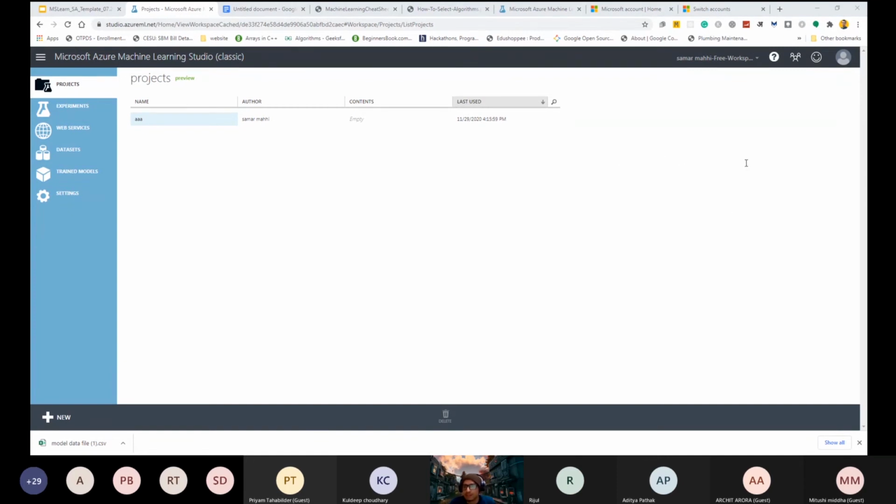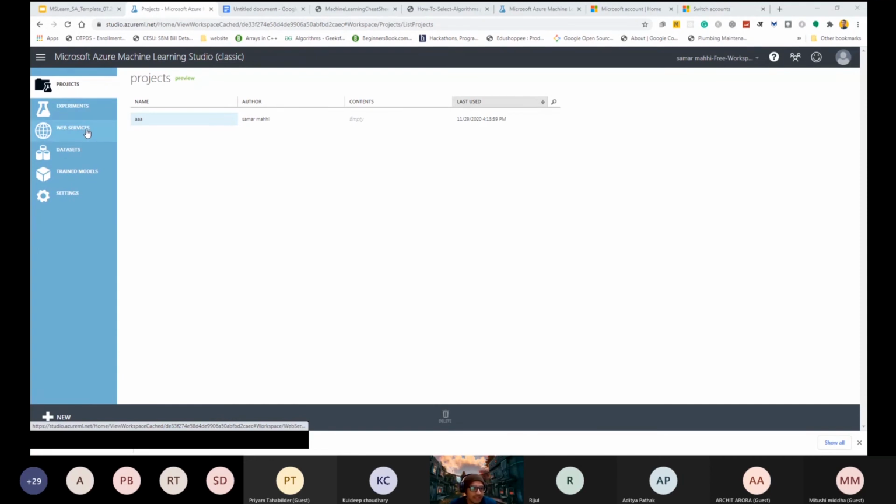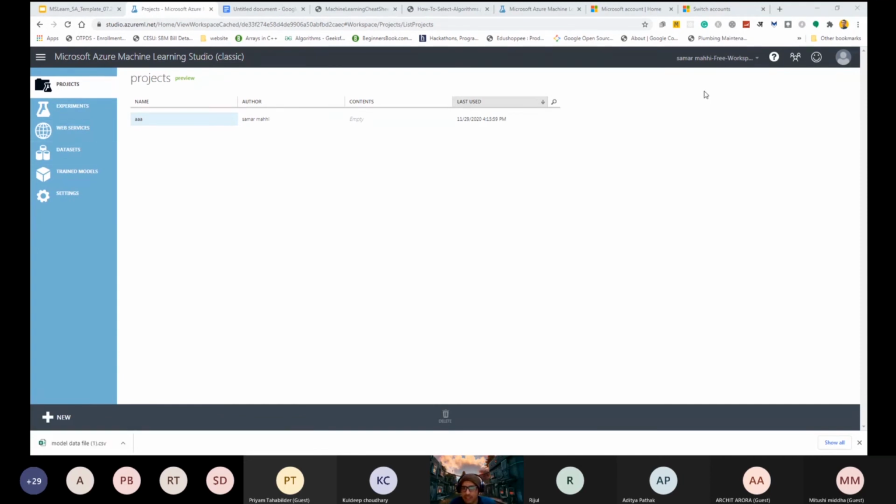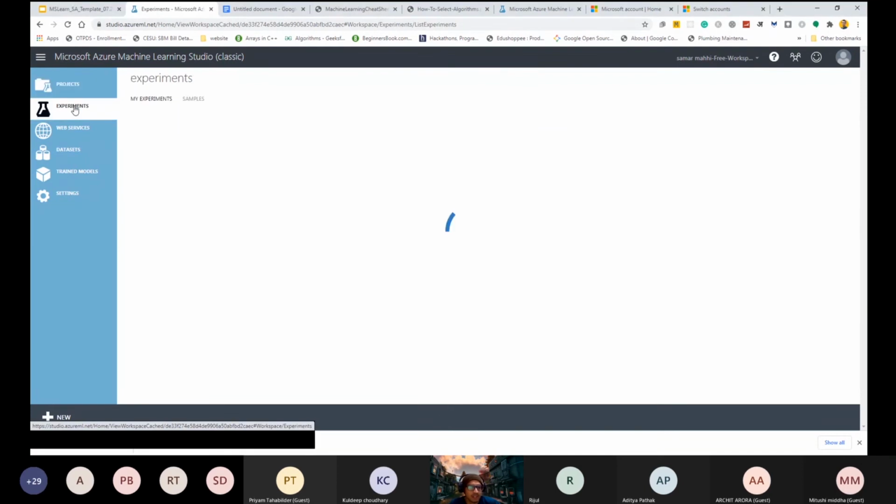After accessing Microsoft Azure ML Studio, the next thing is about why we use project, experiment, web, dataset, and we will discuss it. Basically, in the experiment part, the first area that you end up in is the experiment. This is the area where you are going to be creating different machine learning models. So when I click this part,